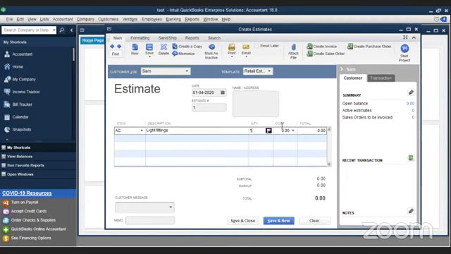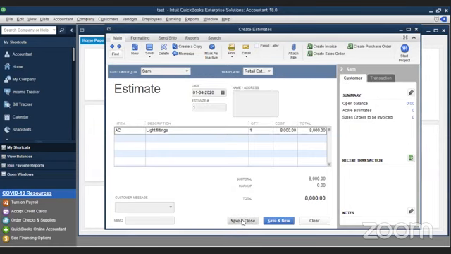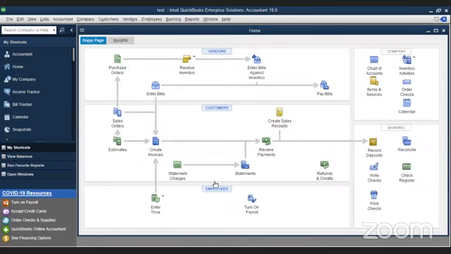And the cost. Now the cost, we don't have to actually match the cost. It's a sales, so we can always pick a higher value. We can say light fittings, now it's 8,000, and we save and close it. Now your estimate has been done. So you have already done a sales estimate.